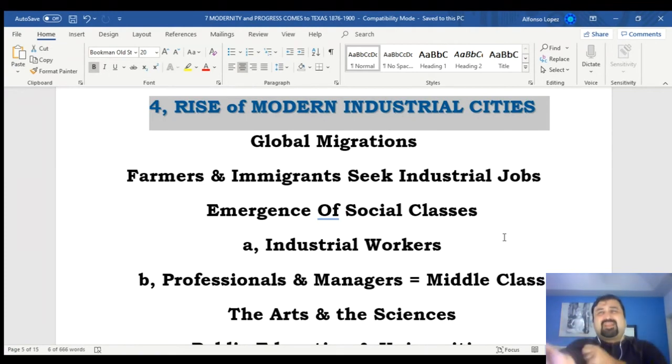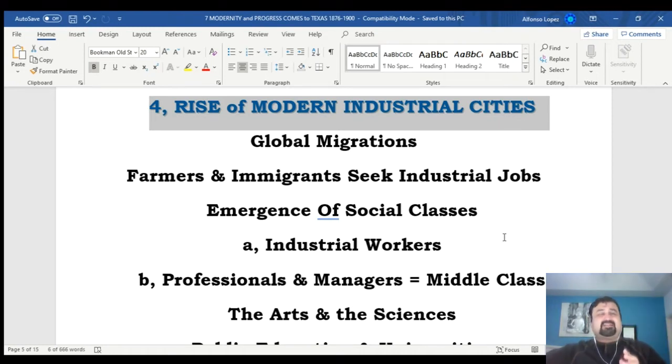Okay, so it is really the Industrial Revolution, particularly the second industrial revolution that begins, roughly speaking, after the end of the Civil War, that really caused a phenomenon in the United States, a phenomenon known as global migrations. Okay, so this is part of the modern era, when the modern age begins with the rise of this high-tech industrial civilization,